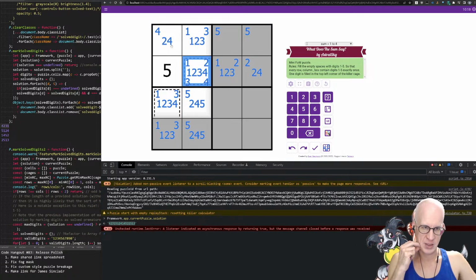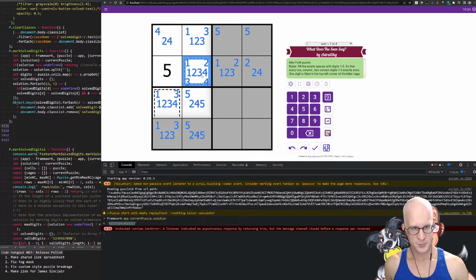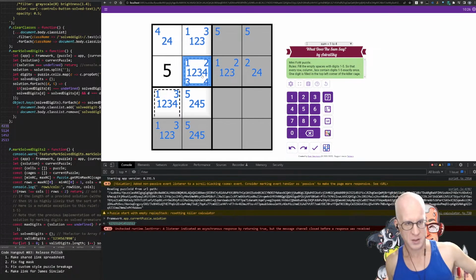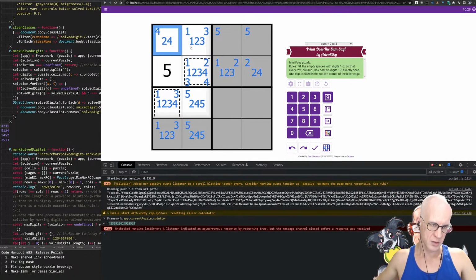So if the 4 is here, that's the 2, and there's a 2 here. If the 4 is here instead, that's the other option. The 4 is here instead, and the 4 has to be here. And that's the 4. That's a 3. So